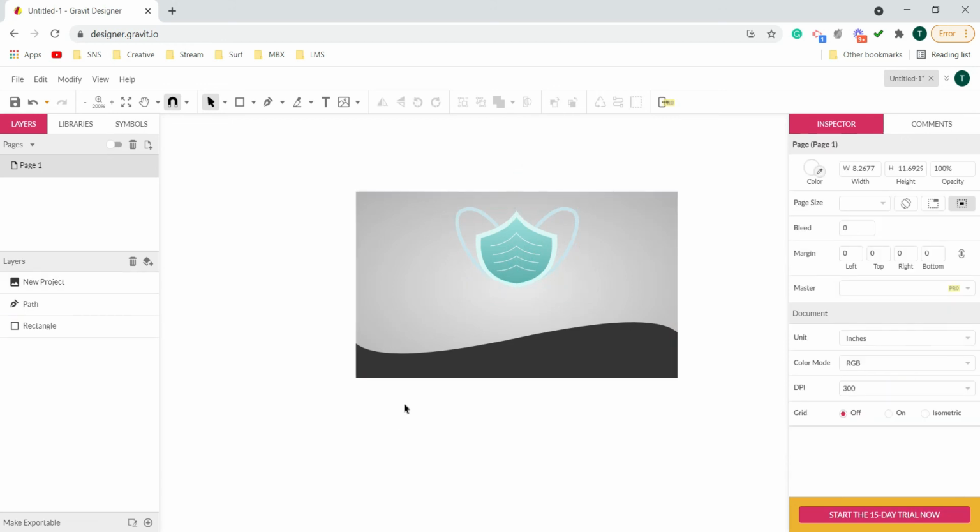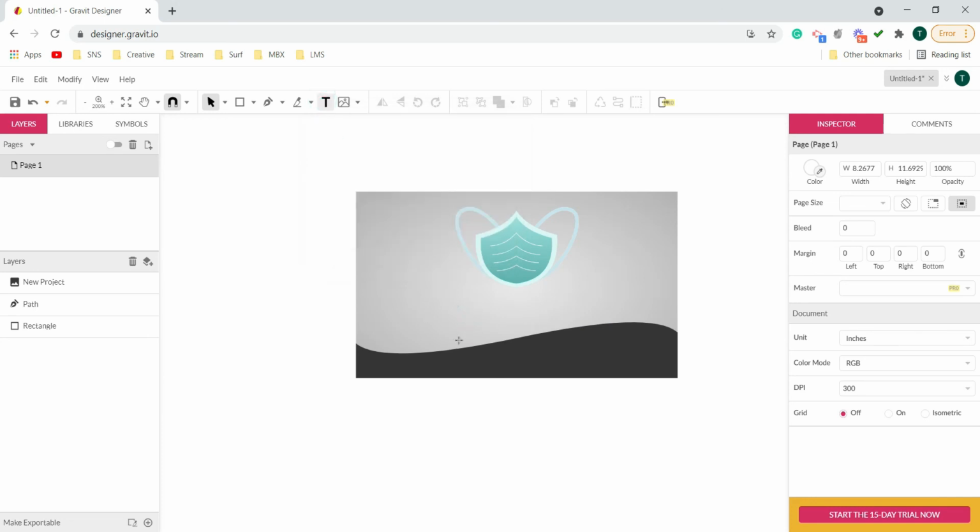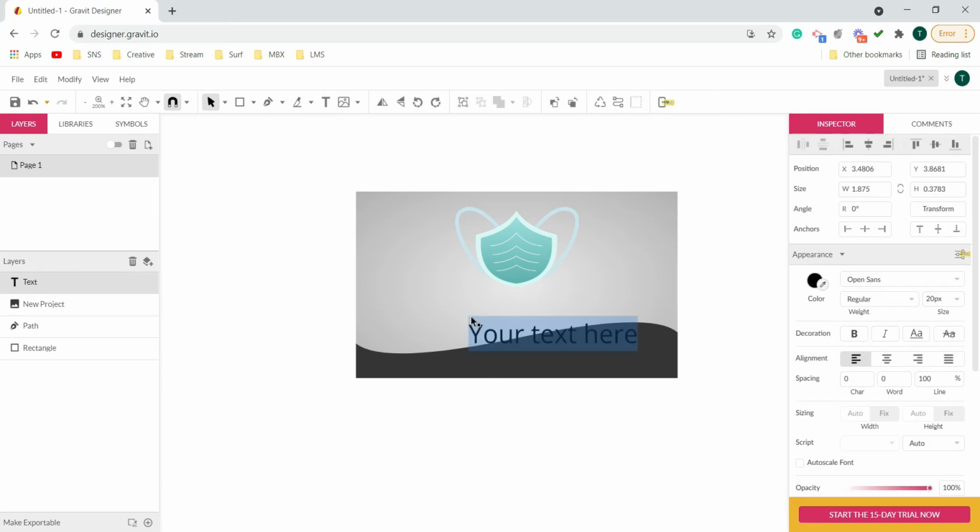Now to write the company name, I will choose the text tool from here. Click on this, click wherever you want to type, and the text will appear over here. So I'll delete this, and the brand name which I want to promote here, let's say I will write Go Win, which is more relatable to this mask logo. So I'll keep it like this, and I'll align it in the center just beneath the mask.